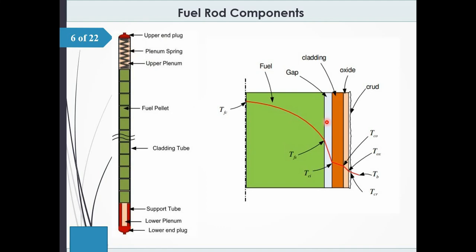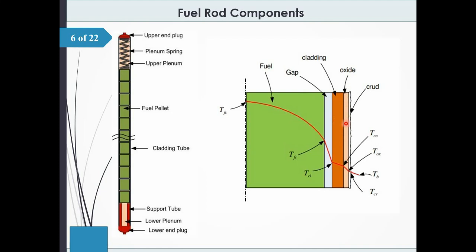Okay, and this is the temperature difference at the center of the pellet, the fuel centerline temperature, and after that there is the gap between the pellet and the cladding, and as you can see the temperature decreases. After the cladding there is some oxidation, because the cladding of the fuel rods is next to the coolant, and between the coolant and cladding